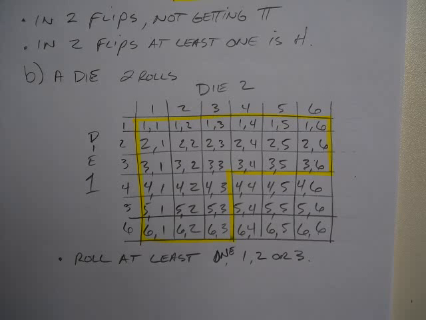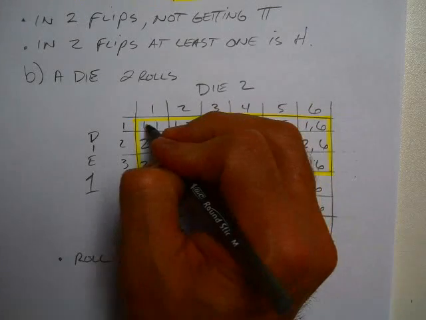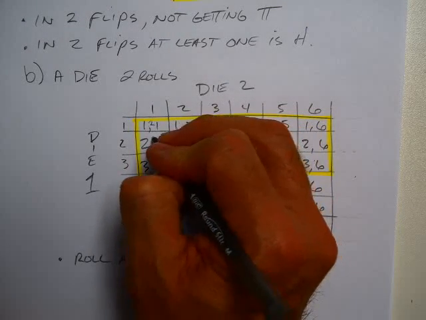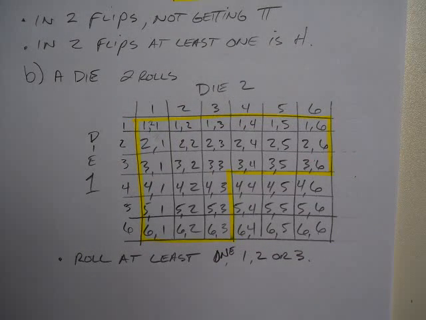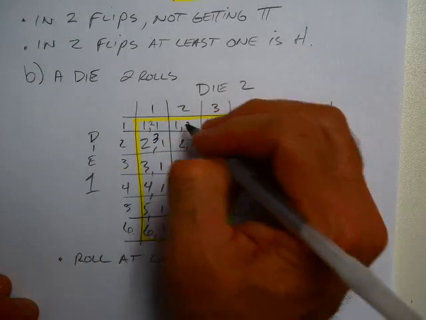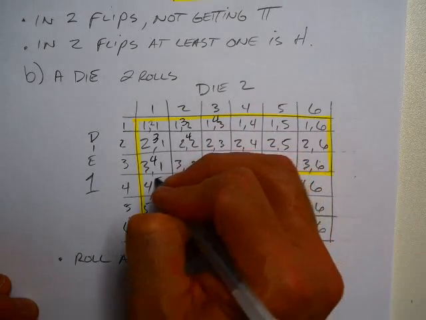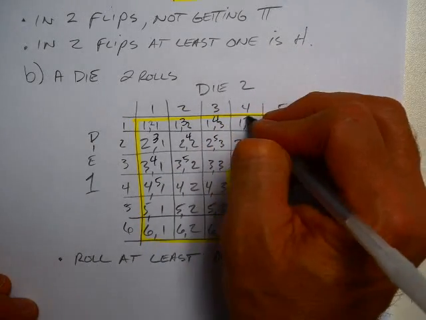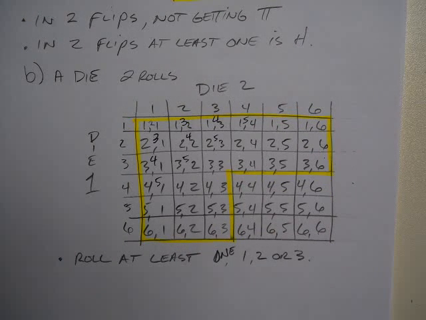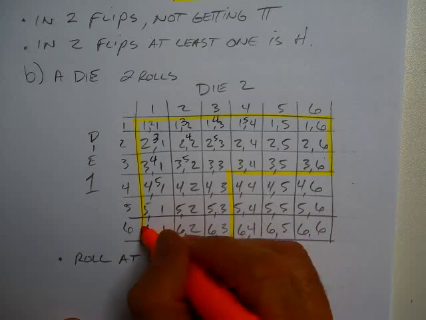Here's something that I want you to see about this. This is actually a pretty handy deal at times. Get a pen that I know works. So this has a sum of 2, and this has a sum of 3. This has a sum of 3, and this has a sum of 4, and 4, and 4, and 5, and 5, and 5, and 5. What do you notice about the sums? They go diagonal if you aren't noticing. So like all the 7s,